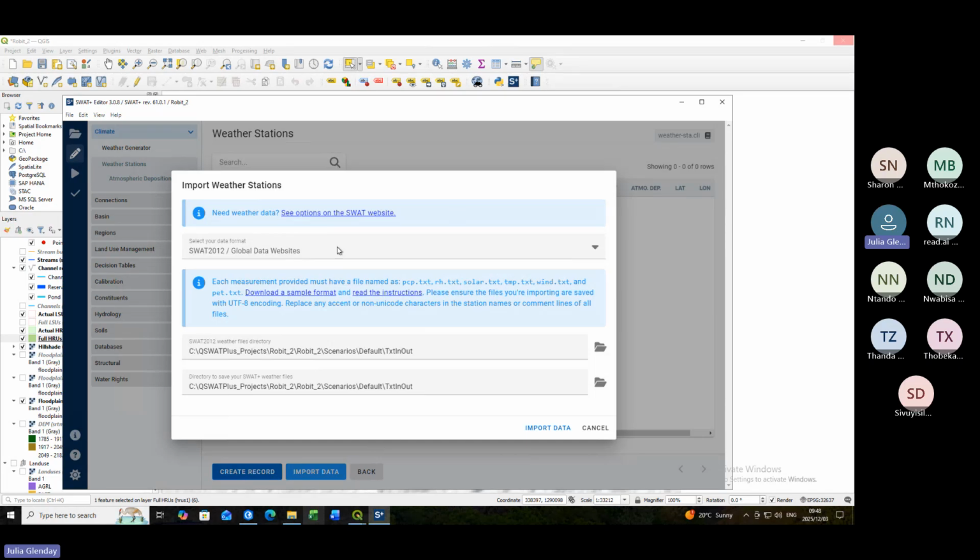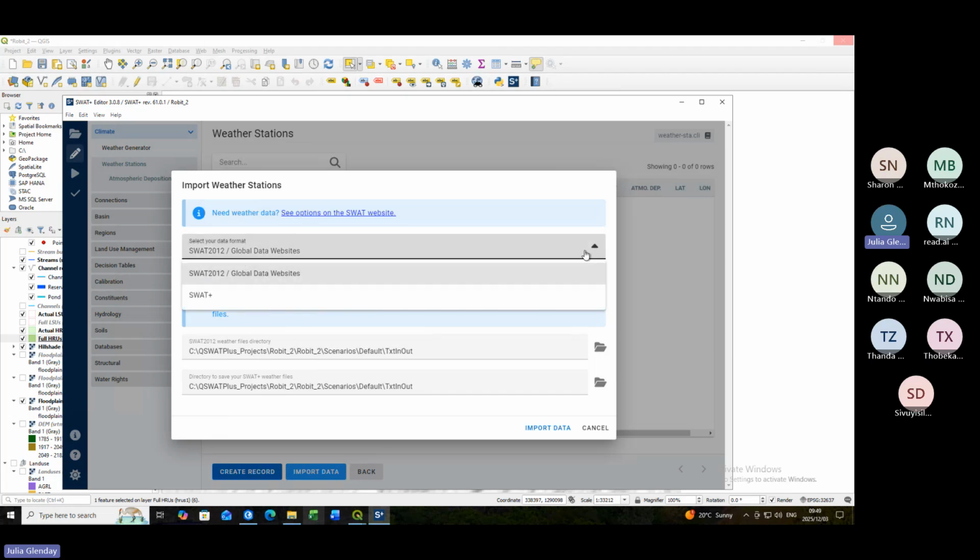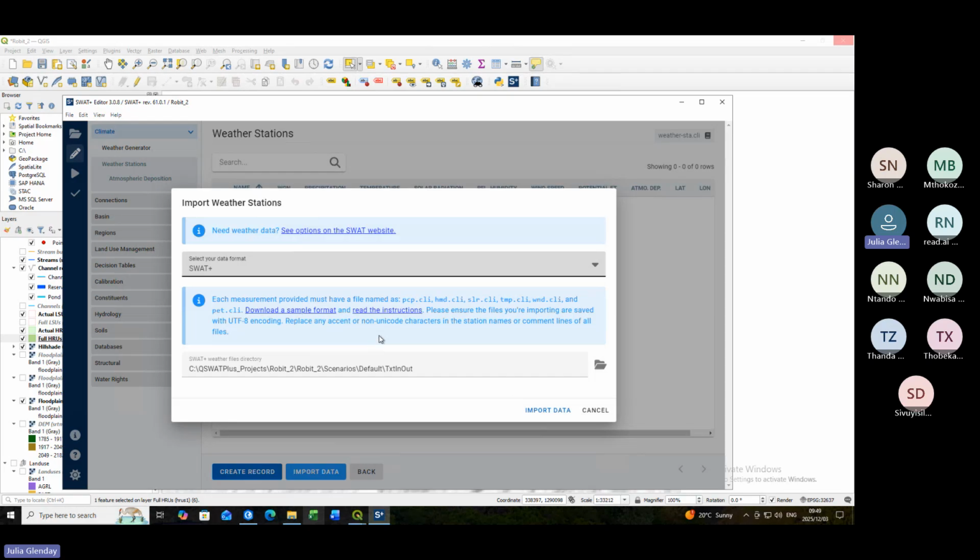So when you import your weather stations, it's asking you about the format. So that format I just showed you, where you have these files that are named pcp.txt, relative humidity, solar radiation, temperature, wind. They have a sample format you can download and read instructions on formatting them in that format. So that's the SWAT Plus Global Data website's format. There's a new format that they've made,